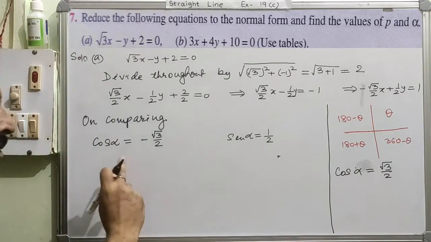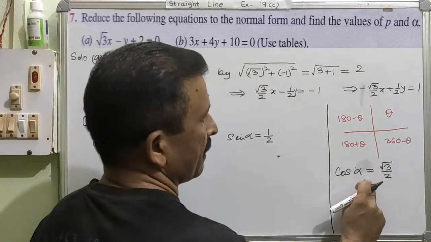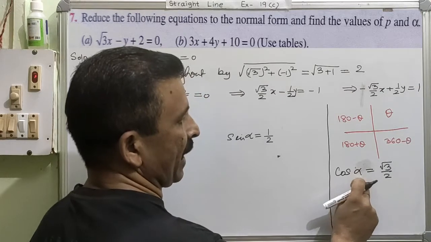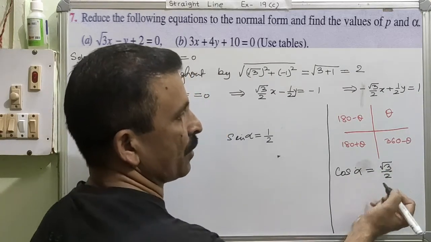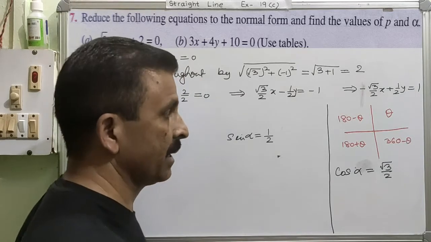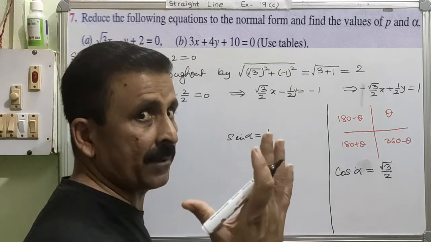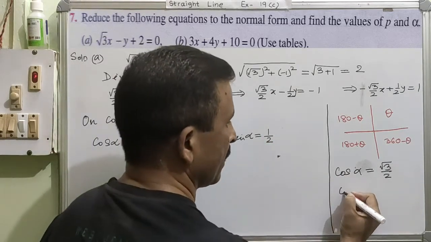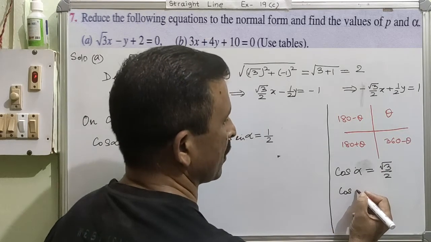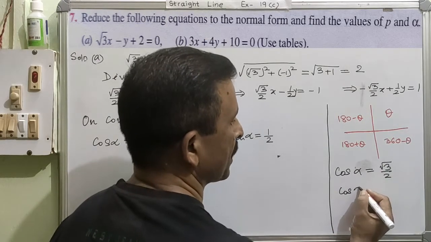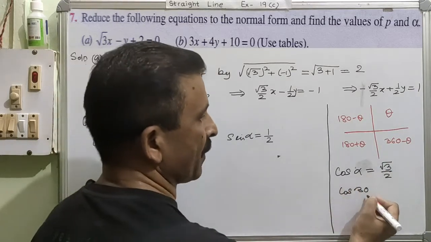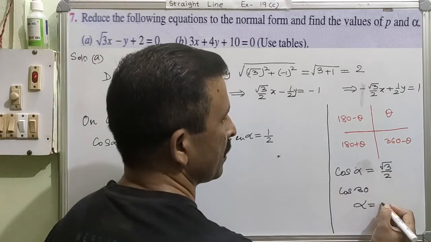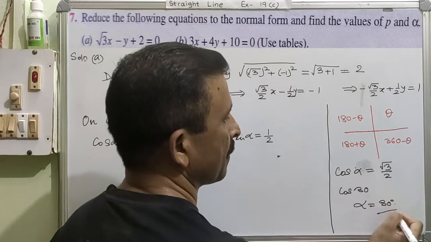Am I clear? So without sign, if I try to find the value of angle, what is this coming? Cos at what angle the value is coming root 3 over 2? You know the trigonometrical table for 5 different values, right? So cos is coming as equal to 30 degree. Cos at 30 degree, the value is coming root 3 over 2. That means your alpha is how much? Your alpha is 30 degree.